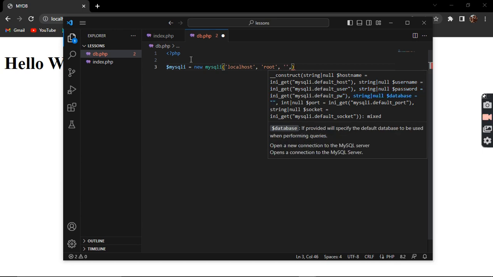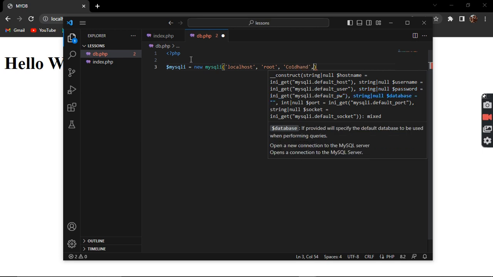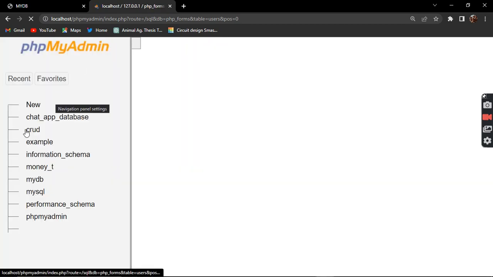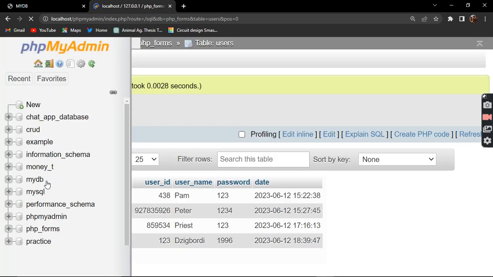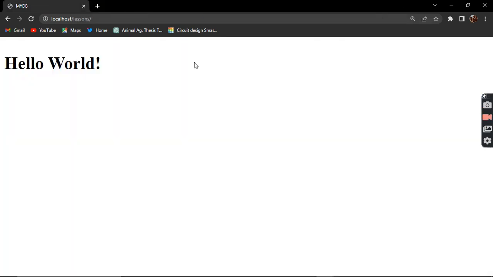If you don't have a password, you just leave it blank and continue. But if you have a password like me, you type it there. And here is our database name, the database we just created, mydb. That's what we are going to put there,